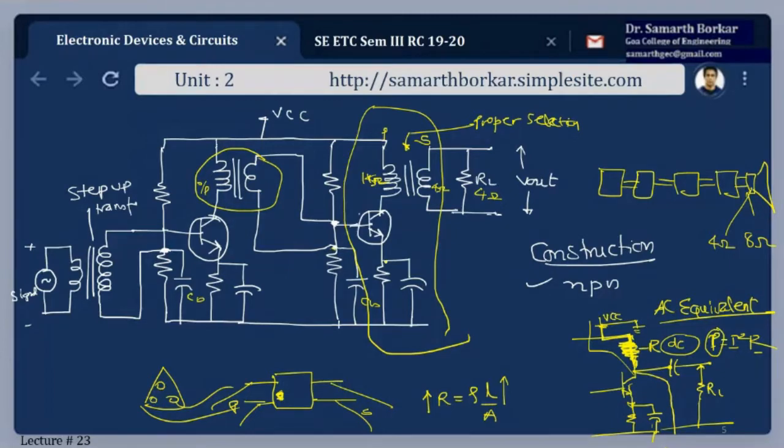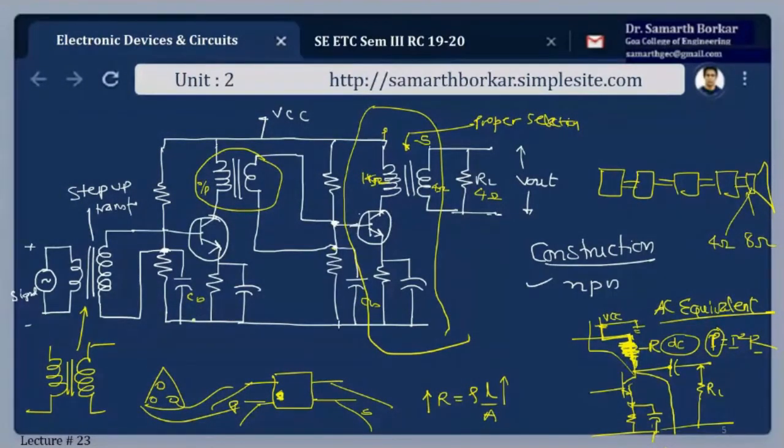So when the input signal is applied to the base of the transistor through a step-up transformer, here this is the step-up transformer, and this is the input signal. It is applied through the step-up transformer. Check out the number of turns. Fine. So you have to practice drawing these notations. It gets amplified and appears across the primary of the coupling transformer. The voltage developed across the primary is transferred to the input of the next stage, and so on. Now this is the two-stage transformer coupled amplifier.